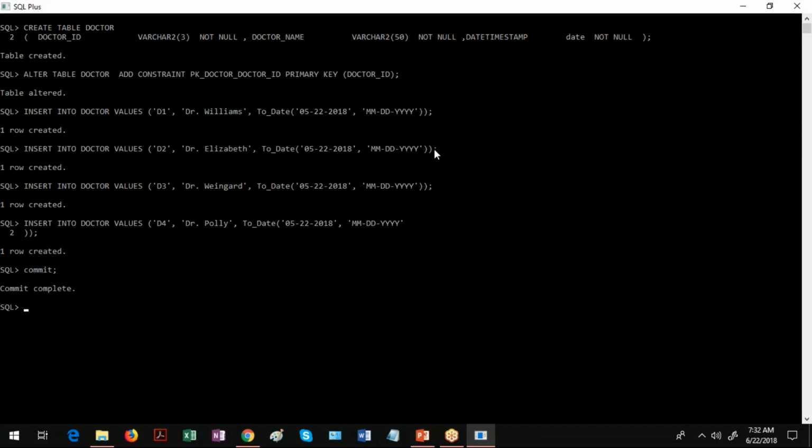Now, as I told you, I have not null constraint on these columns, and primary key also on this column doctor underscore ID. I'm trying to show what happens here. I'll go to this record. Let us say I'll convert this one to D5 so that the unique value is maintained in this doctor ID column.